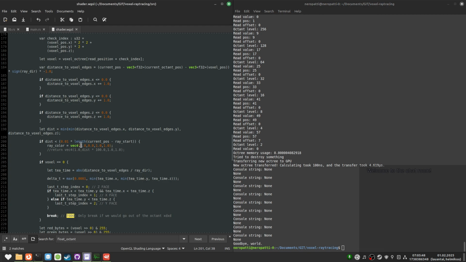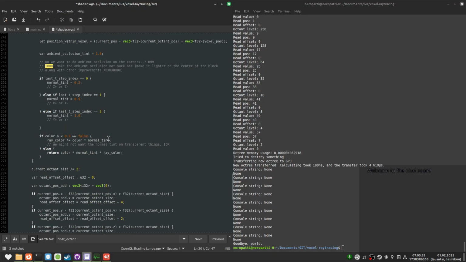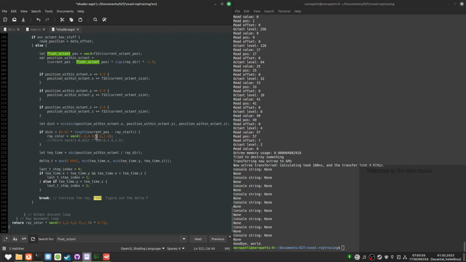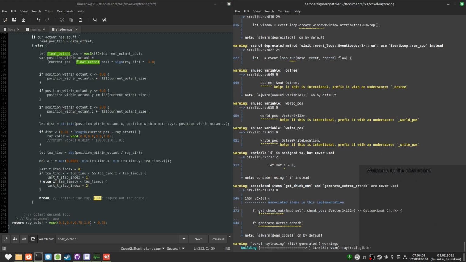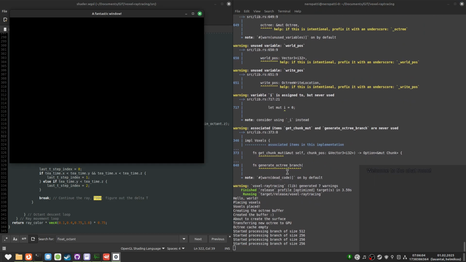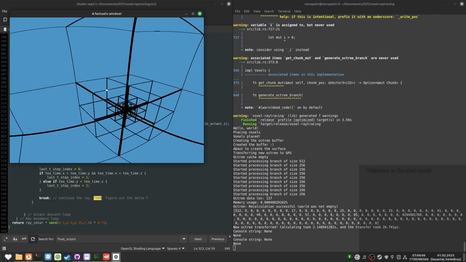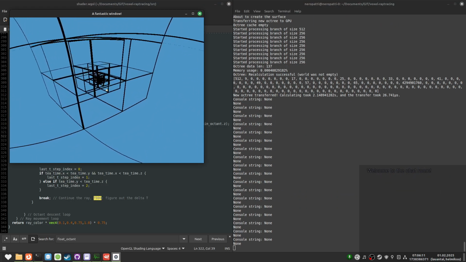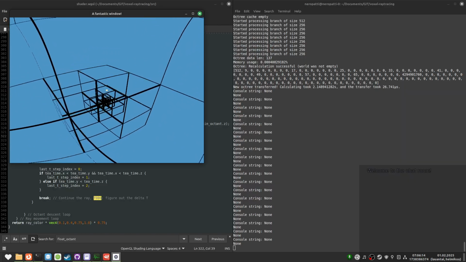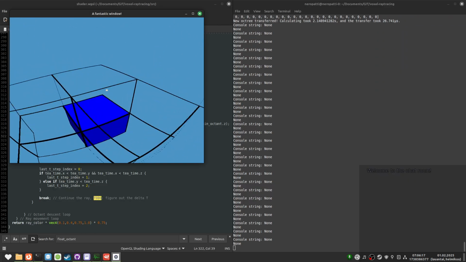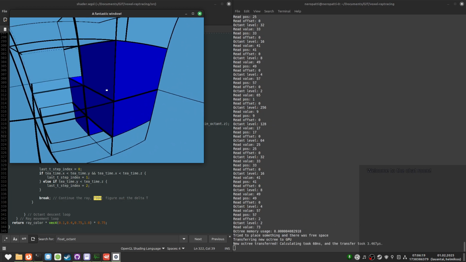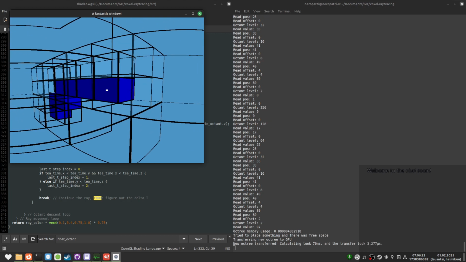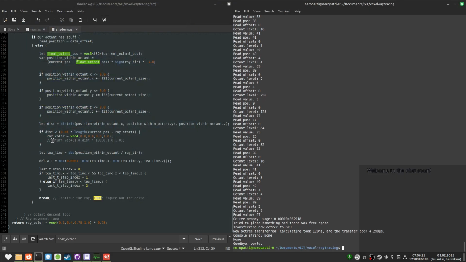Wait, what if we just make the ray color 0? Well, now it's kind of gonna render in front anyway. Yeah, alright. We're just gonna do this.